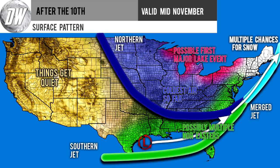But we do see that northern jet dip in somewhere in Montana or the Dakotas, and that's going to dip all the way down into the Alabama, Mississippi, Georgia area and come off the coast, and that's going to merge with a southern jet that's coming from Texas and Mexico, and that's going to bring itself across the Gulf and merge here. And it's going to have a merged jet going up the eastern United States where those two merge, and this is really what we'd call a dangerous setup here